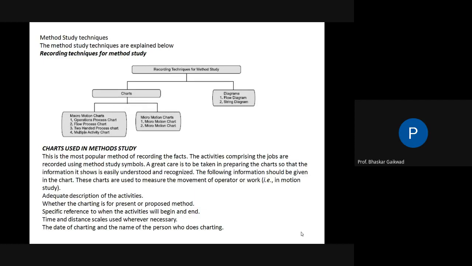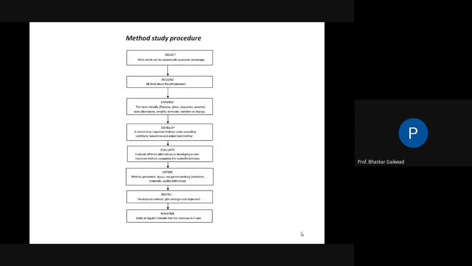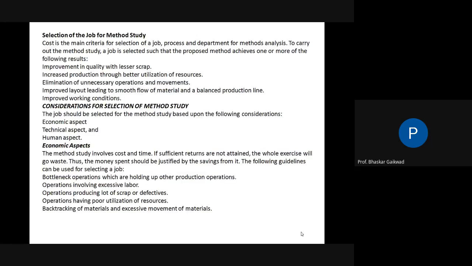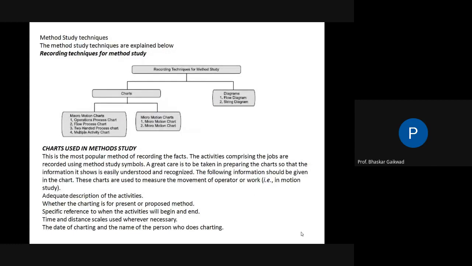Okay, so this is about the recording techniques for method study. Step by step, we have gone through this. First point, select. Second point is recording. While selecting the jobs, which points you have to remember. Then after this, the recording techniques you have to remember for method study. So up to here, it is clear. Anybody having any problems, you can ask. Method study,